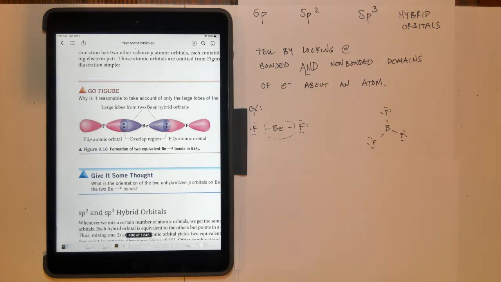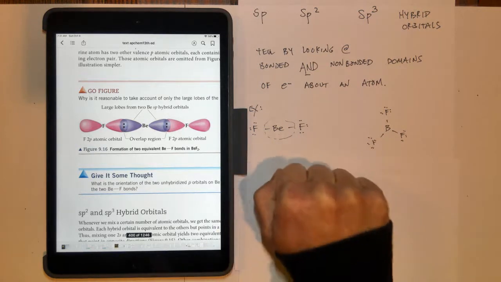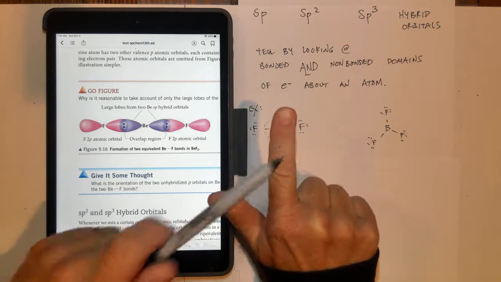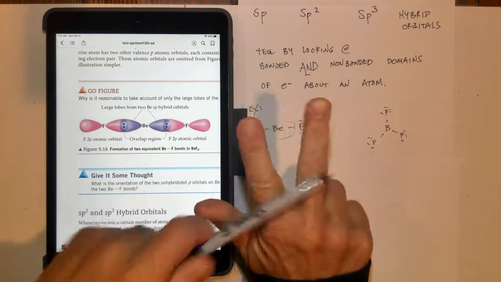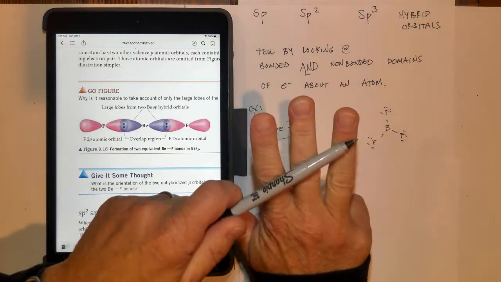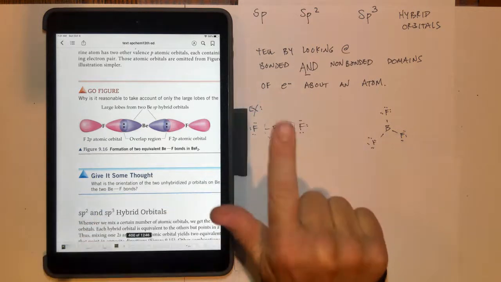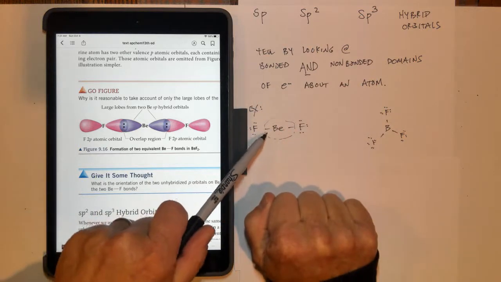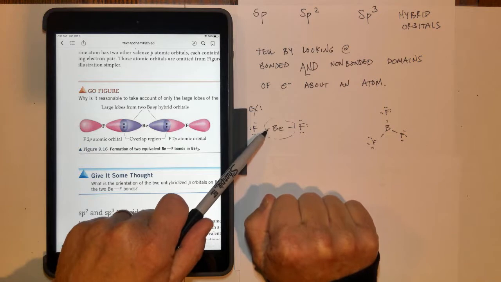So take your hand, hold out a thumb, and this stands for S. This finger stands for P, this finger stands for P, and this finger stands for P. And so it goes S, P, P, P. Now we are able to count. And so we look at the bonded or non-bonded domain around the central atom, and the first one we encounter,